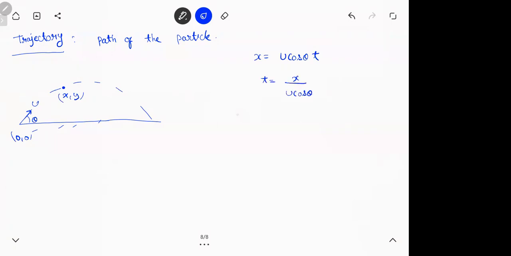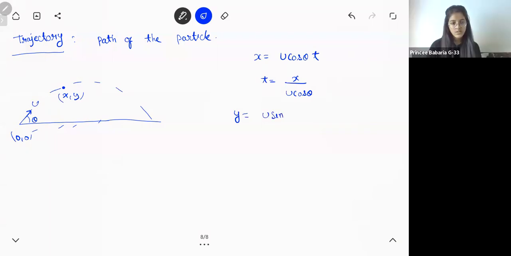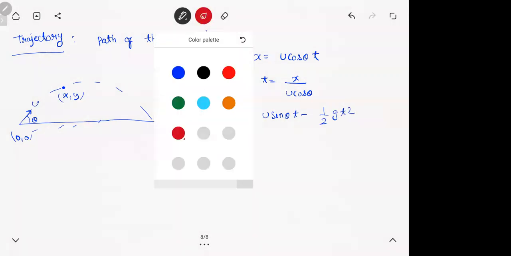So in our trajectory, when you project this with u and theta, it goes up and falls down. At every instant you have an x, y coordinate, assuming this is the origin. What is x? x is u cos theta into time. We wrote this. So time is x by u cos theta. What is the y coordinate? u sin theta t minus half g t square. Take time from here and substitute in this.